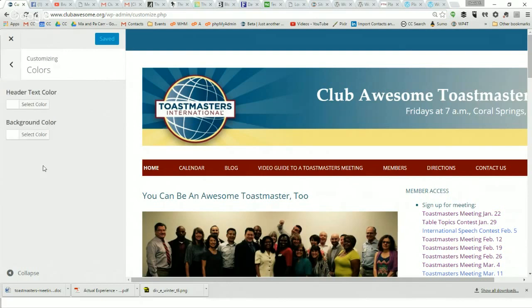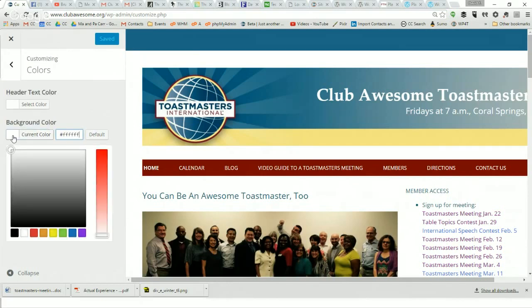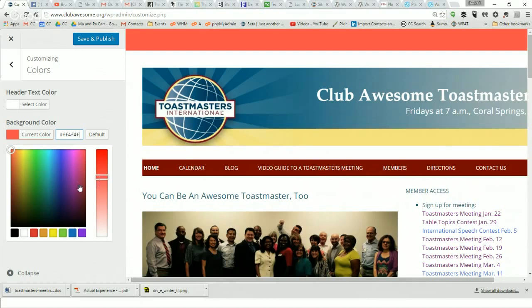We can change some things about the color. We could change the background color of this site to pink. Again, this is the live site, so I'm not going to do that to my friends. What's the header text color?